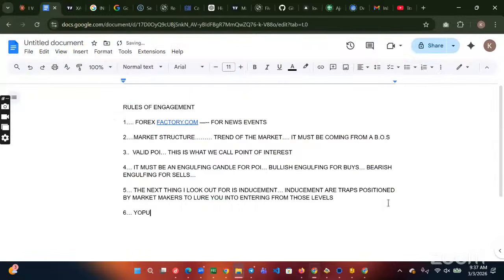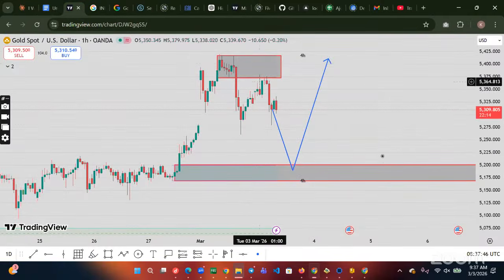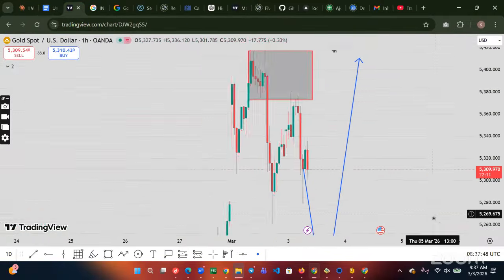Your POI must be unmitigated. It must be fresh. By fresh, it means price has not used it. All right, so it must be what? Fresh. Price should not have entered. For example, this POI, which you see here, if I zoom in closely,